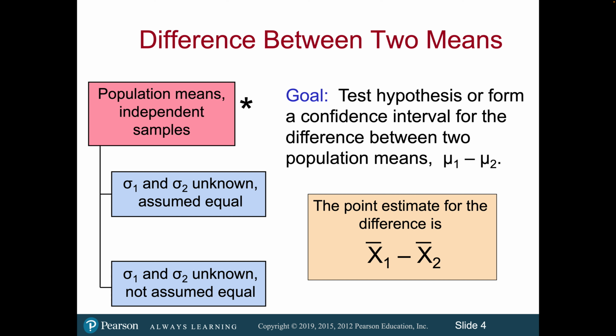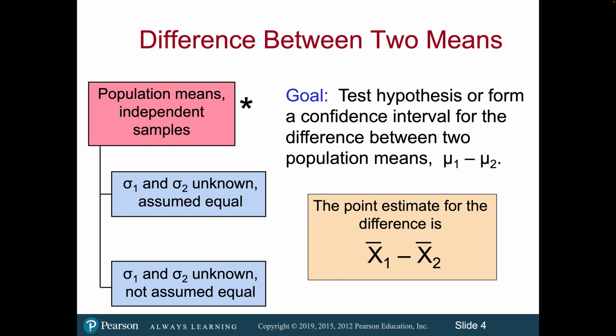Depending on what we know about the standard deviations of our populations, if we can assume those to be equal, then we get into one type of test. But if the standard deviations, which again are unknown, are not assumed to be equal, then we get into something called an unpooled t-test. So if sigma 1 and sigma 2 are assumed equal, we conduct what's called a pooled t-test,